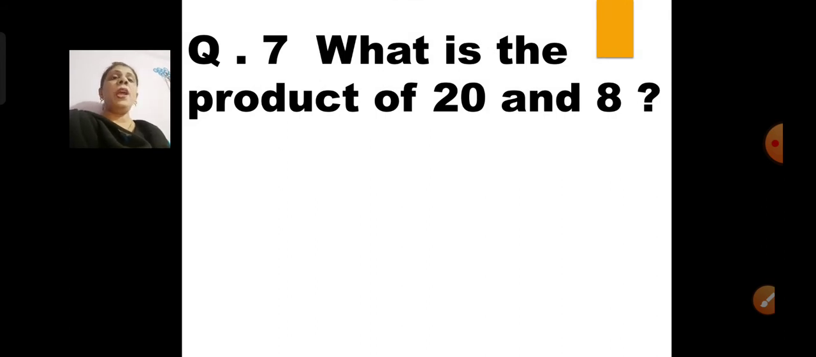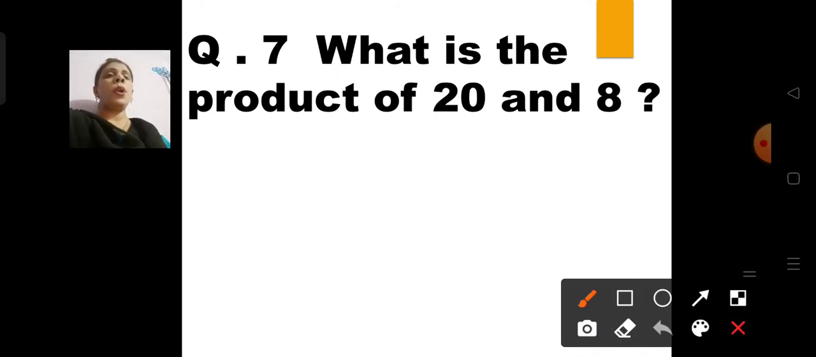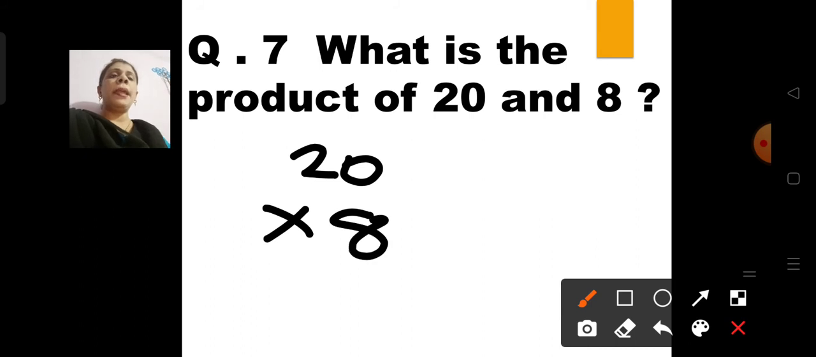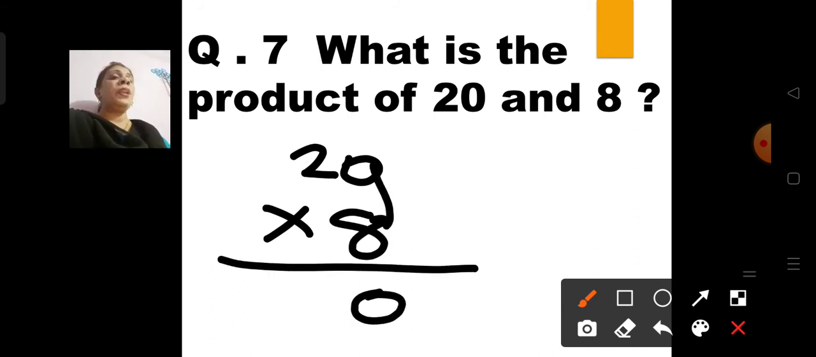Question number 7. What is the product of 20 and 8? Now product means, children, the answer that is obtained by multiplying two numbers. So let us multiply and see what product we are getting. 20 multiplied by 8. Now 0 8s are 0. 2 8s are,